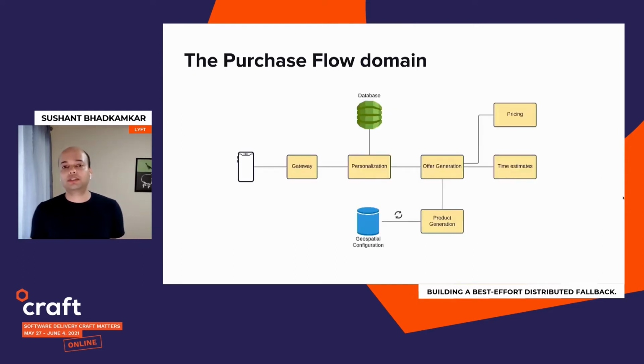So as you can imagine, this is a complex distributed system in the backend. All the requests from our apps enter our backend system via a gateway service, which is responsible for content negotiation. So our apps can send us requests that are JSON over HTTP or protobuf over HTTP. But most of our backend systems now are protobuf over gRPC. So that translation is handled in the gateway. It's also responsible for basic authentication and authorization and some request validation.